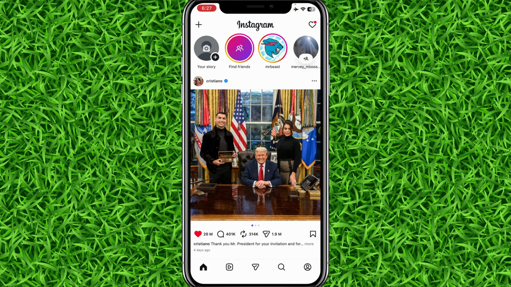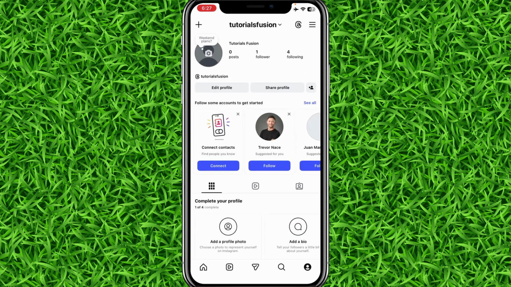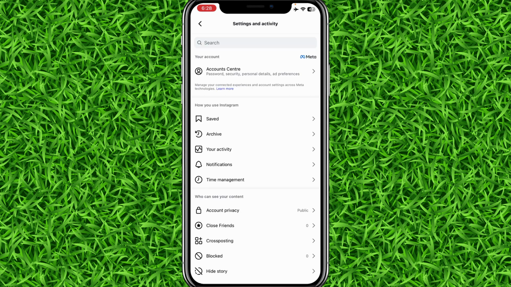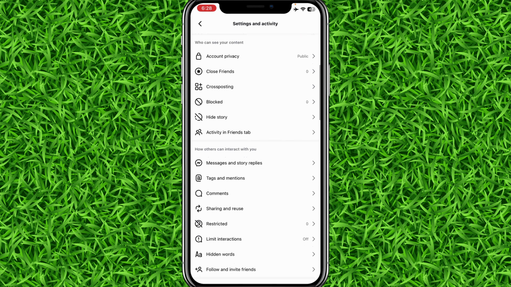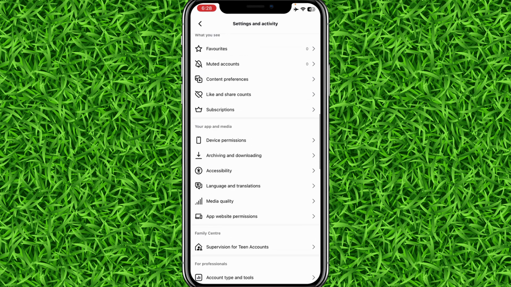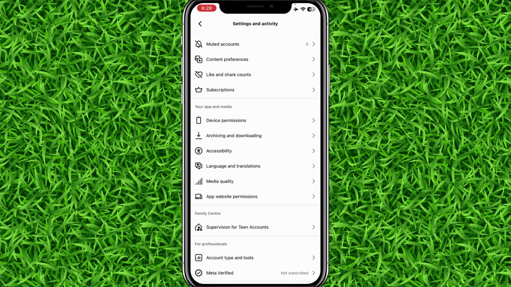to tap on your profile on the bottom right corner. Then tap on those three lines on the top right corner to head over to the settings of your Instagram account. Now scroll down all the way and you would be able to find a section of app and